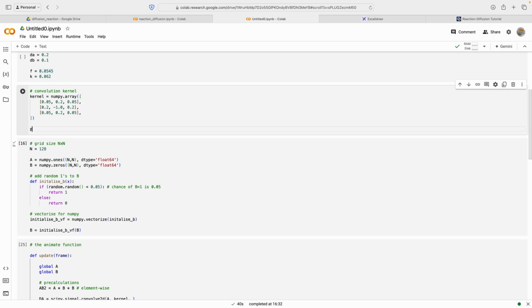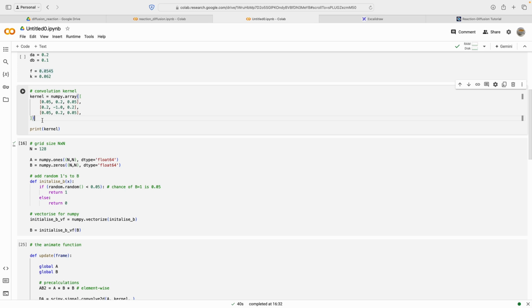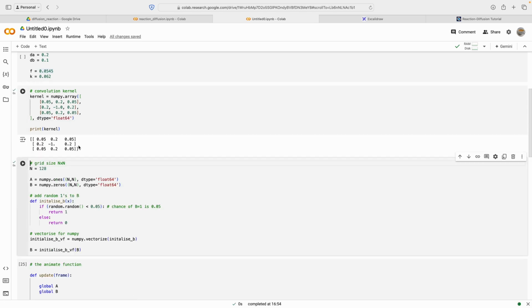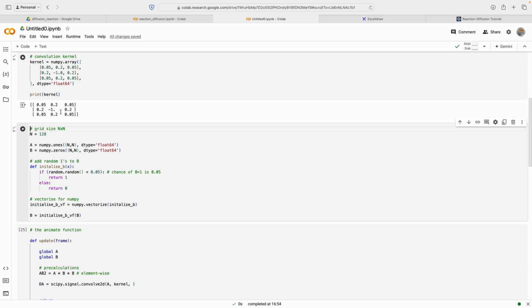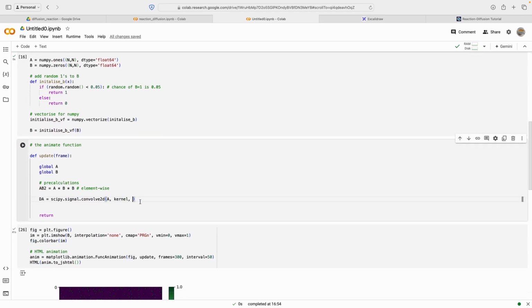And let's print it out just to make sure. Let's also add the dtype just to avoid any accidental casting to integers or anything else that might happen. So there you go, that's the kernel, just what we've shown in the other notebook. So -1 in the middle, and then shifting out to the neighbours, with the vertical and horizontal taking more than the diagonals. So that's the kernel we're going to apply to the array of prey,